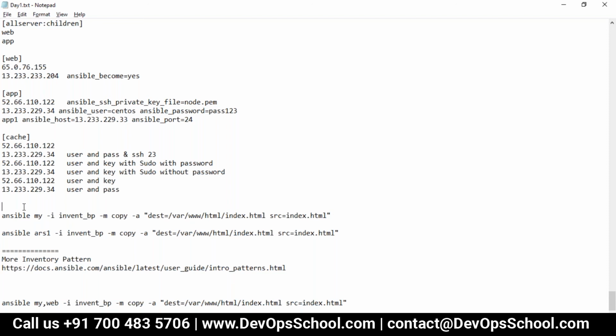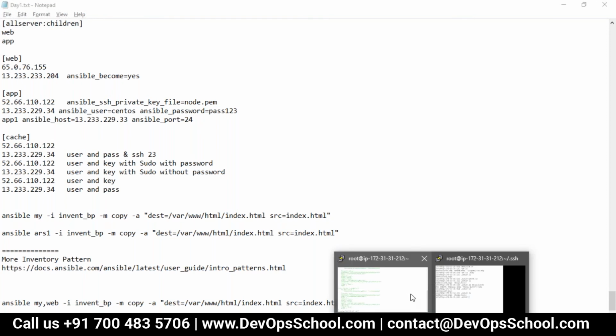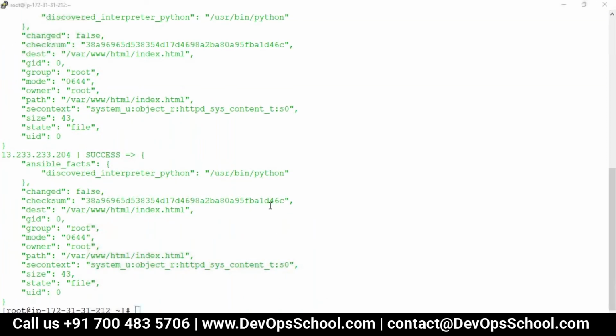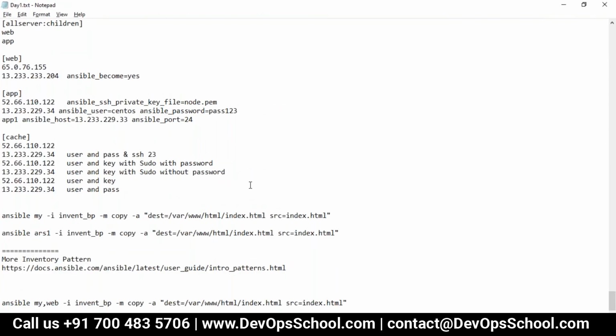Okay. The answer is, for the time being I'm embedding the password in the inventory, but the answer is that the password should not be embedded in the inventory. You should pass it through any number of ways. One of the ways in Ansible is Ansible Vault. Using that you can protect the password. How? I will teach you. Basically, Ansible Vault is one of the utilities.